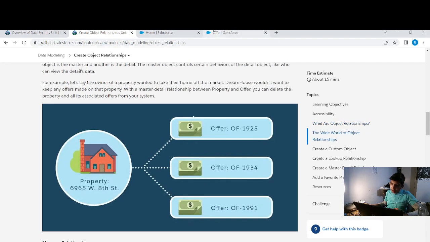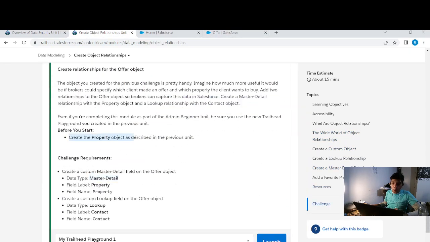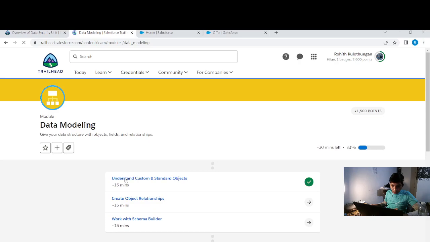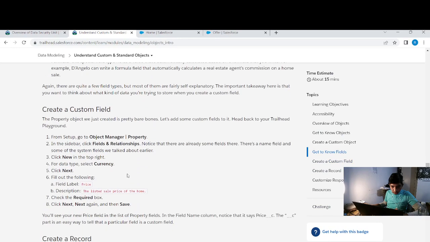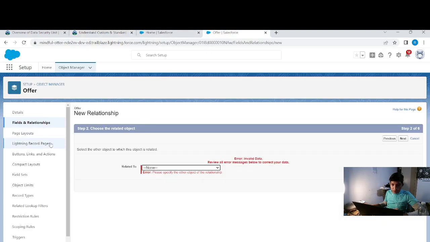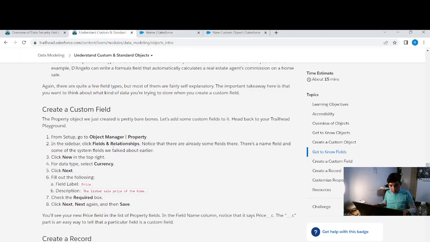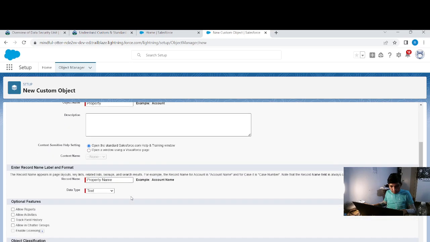okay, seems like we missed out something. It says, create a property object as described in the previous unit. So here we go, understanding custom object. So this is the previous unit, and here is the object. So what we are going to do is go to Object Manager, create custom object, and the custom object is going to be property, properties, and then